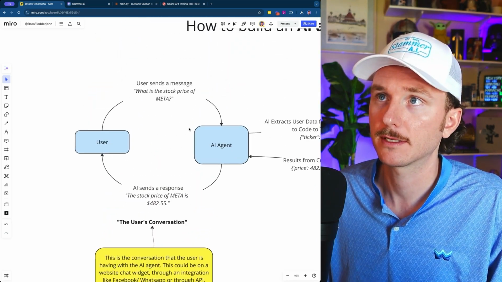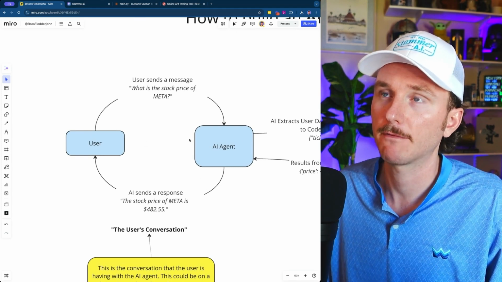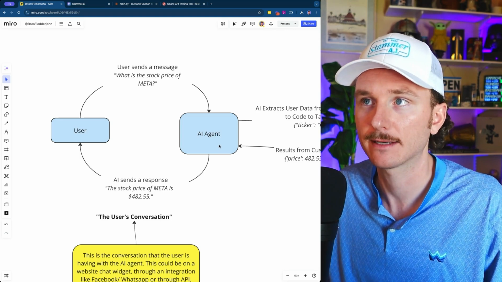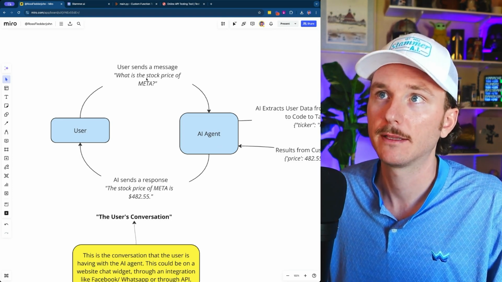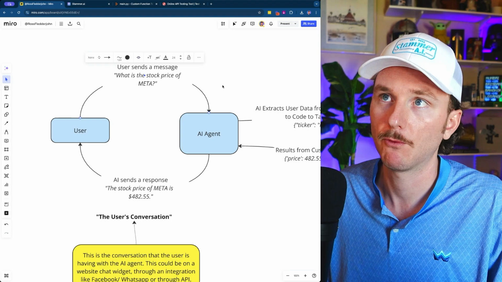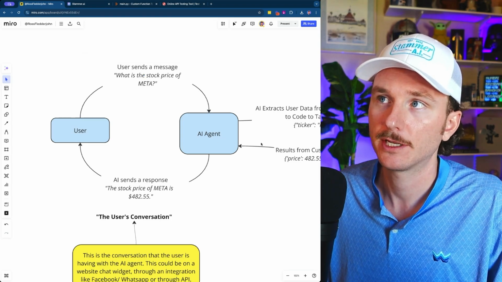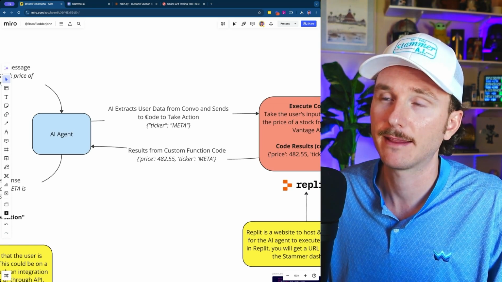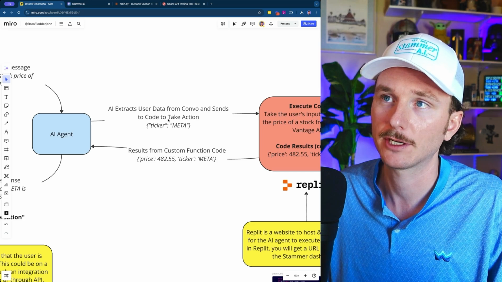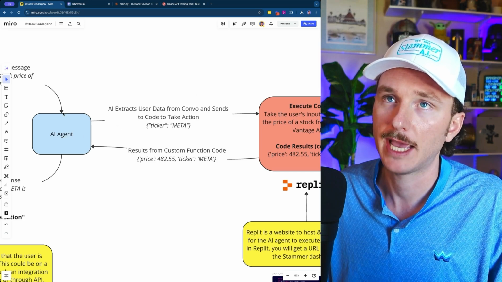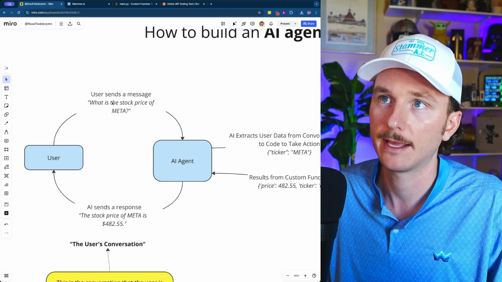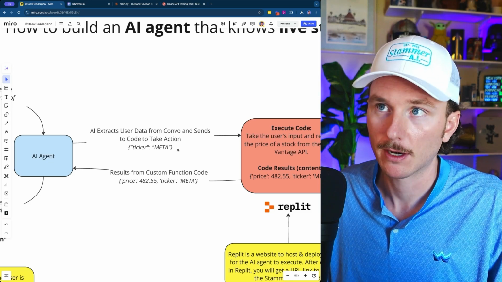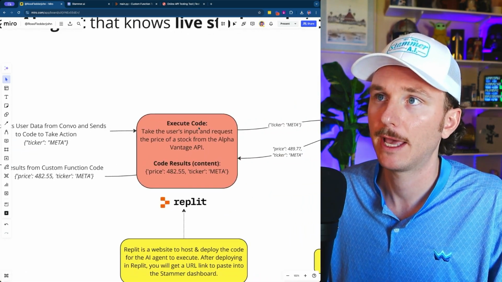The way that this works is the user and the AI are having a conversation. The AI agent has a prompt which tells it instructions on how to act. And part of that includes when the user sends a message like, hey, what's the stock price of Meta? The AI agent is told, hey, you need to extract that data from the conversation and then send that data to the code to take action. And so the AI will be able to take out Meta because it knows that that is the stock ticker. It can then format it into a parameter in this JSON format